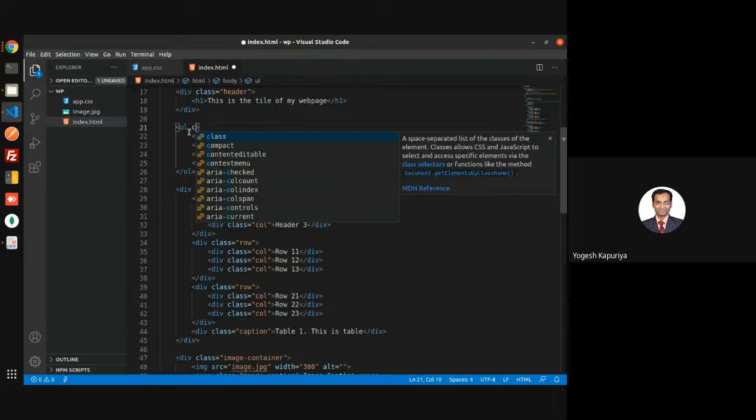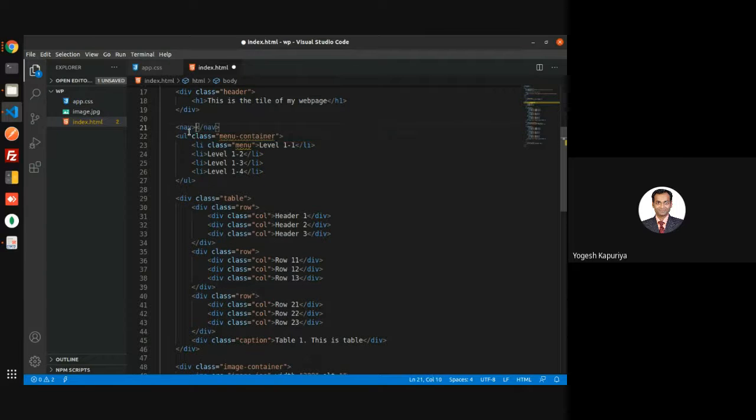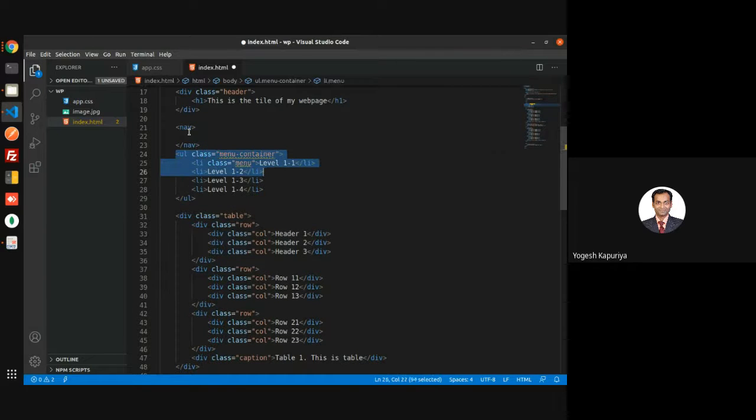Let us add some class: menu container, and this is menu. Normally a menu is placed inside the nav tag, so let us put it inside that only.